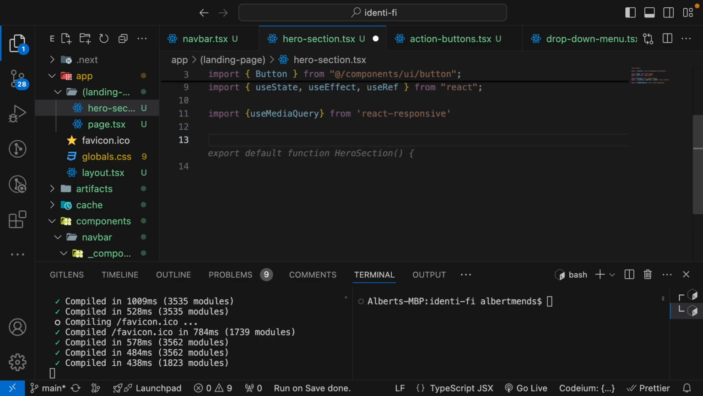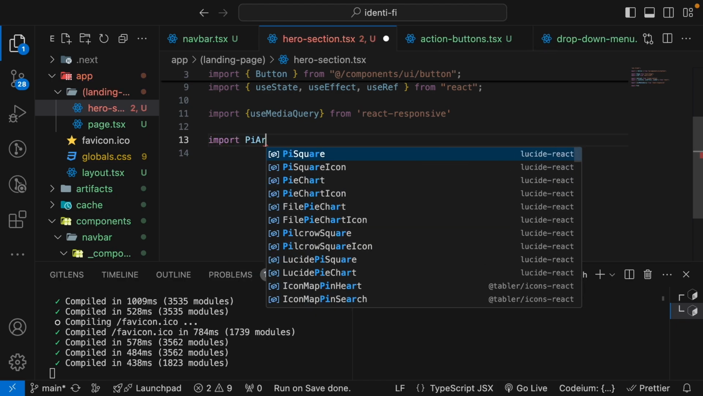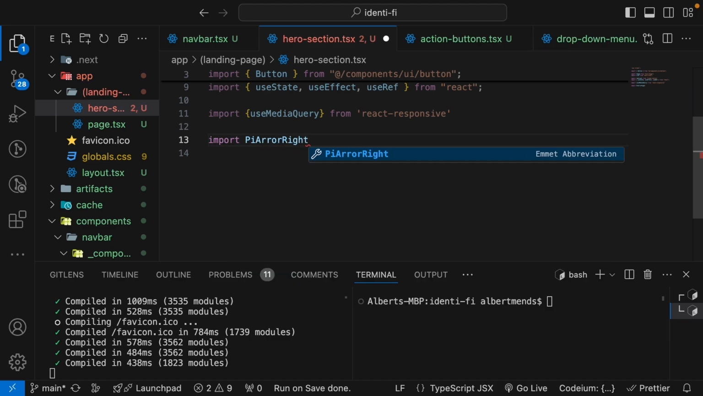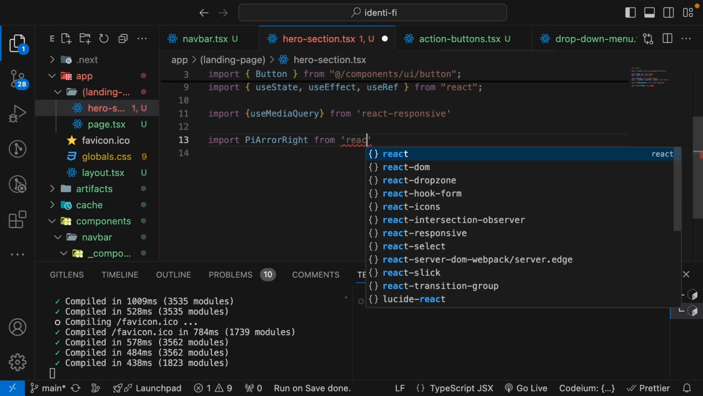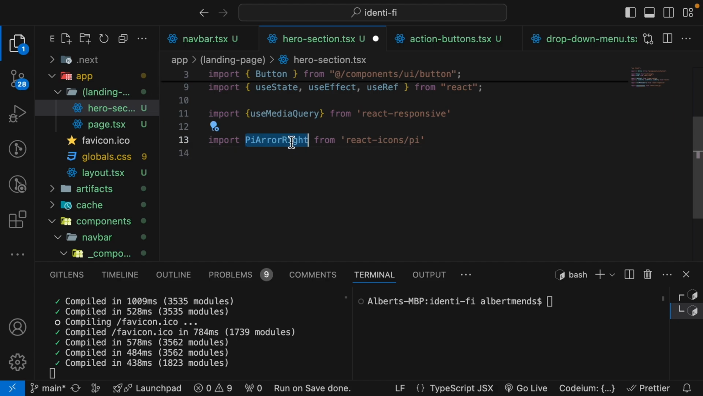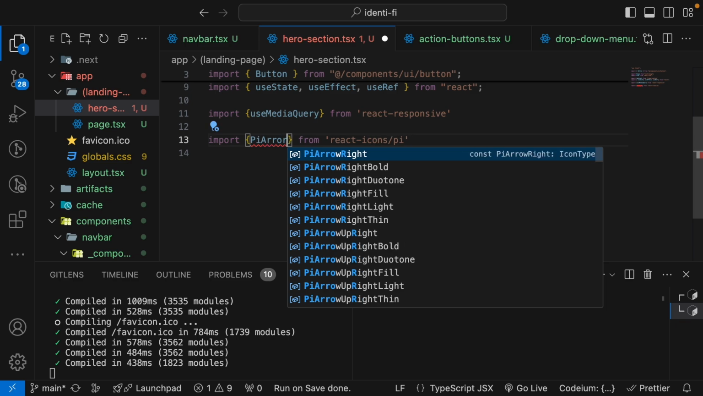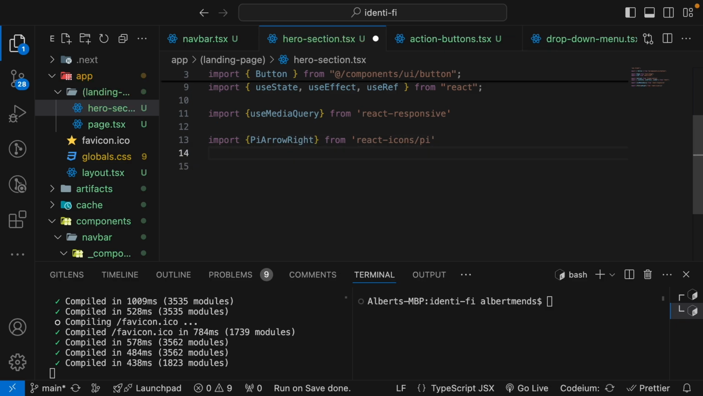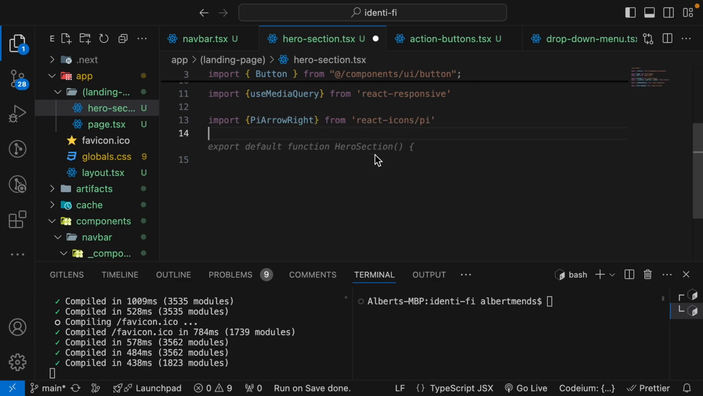So we are going to use two icon packages in this application. One is going to be React Icons, from which we are going to import PiArrowRight, and then we are going to import a couple of icons like briefcase, badge, lock and share icon